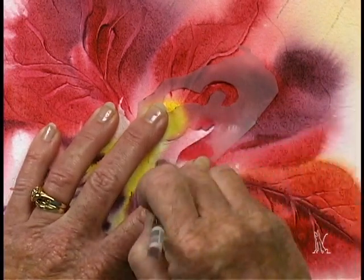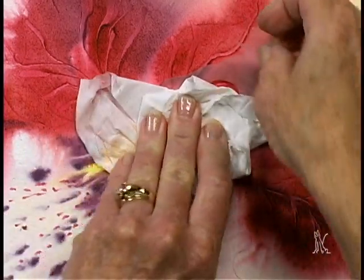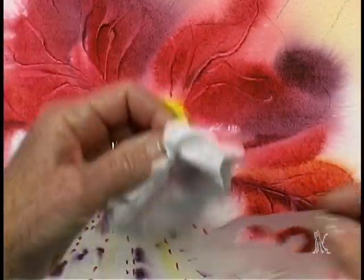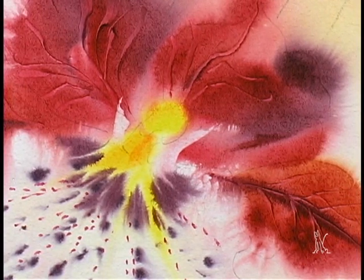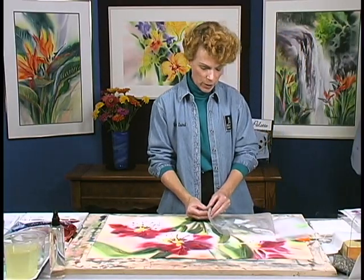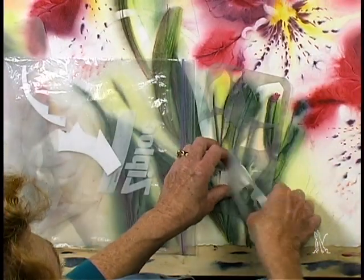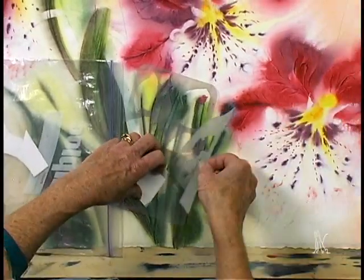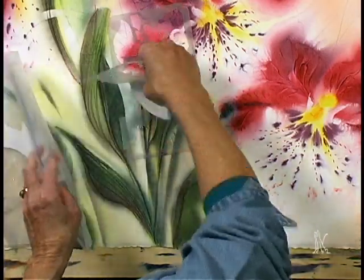I sometimes reuse shapes from other paintings when I find the right one. I guess Laird is a Scotch name, and I'm Scotch by nature. But I have a whole envelope full of shapes that I've saved. And once in a while, I find one that's just right to use again for a little shape that I need. So I might even find one for the edge of a petal later,